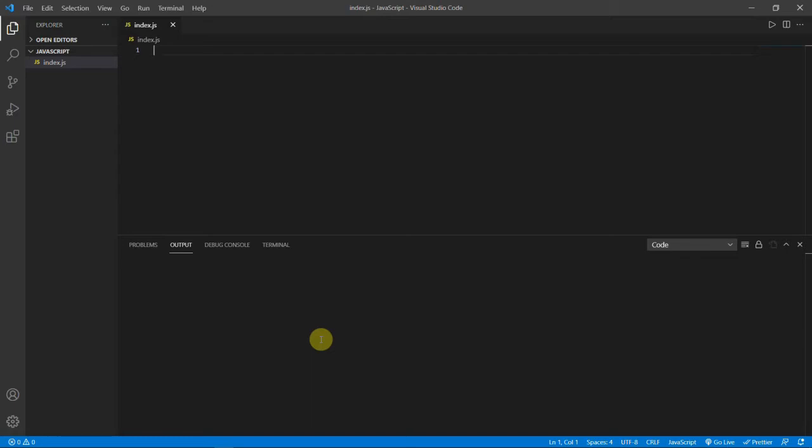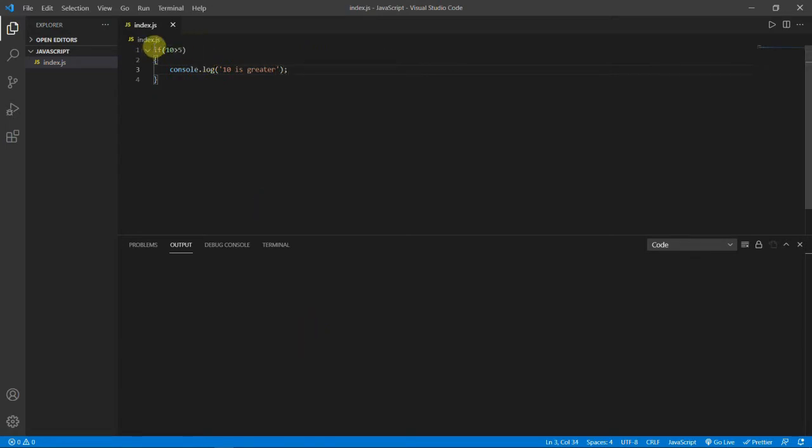The if is the same as in other languages. We give a condition, and if the condition is true, we run some block of code. Let's see the syntax; it is similar to C. We write if, and in the brackets, if 10 greater than 5, then we print console.log 10 is greater.